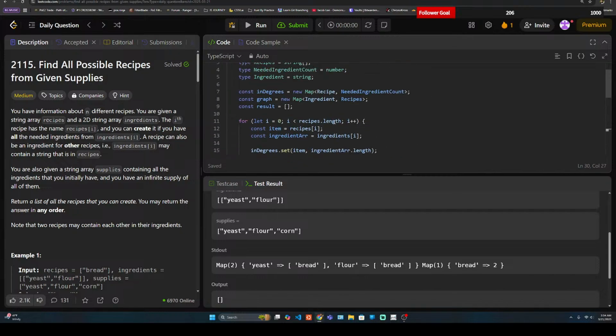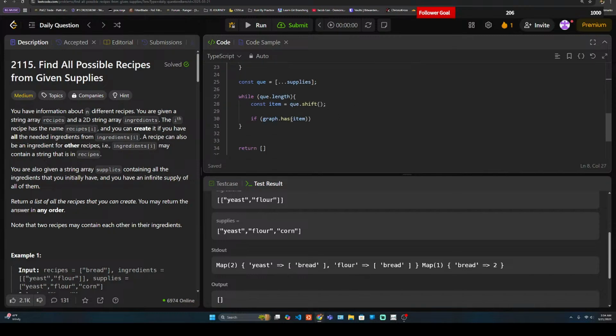And then our graph, like I'm losing context again. The ingredient, yep, because we're checking our supplies. If it doesn't have it, continue. If it does, we need to do a for loop. For const